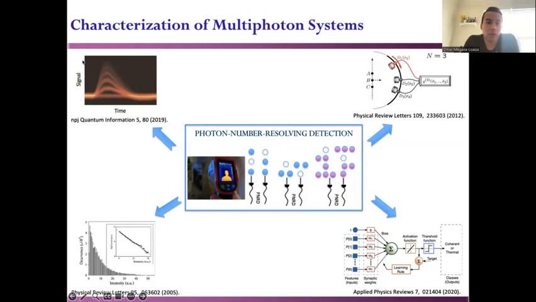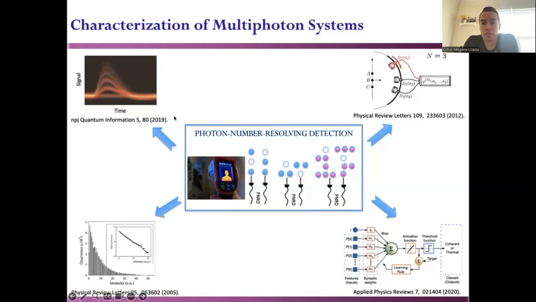Here you have voltage and you have time. If you detect the vacuum, you have a flat line. If you detect 1 particle, you will measure something like this. If you have 2 photons, you will detect something like that. If you have 3 photons, you will keep getting more voltage. And that allows you to identify the number of particles.